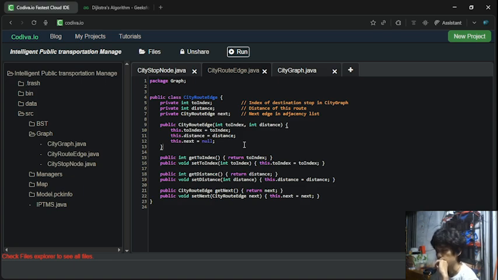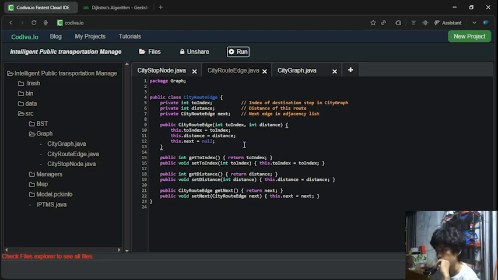The get next and the set next method. So these two are the getter and setter for next. The get next returns the city route edge in the adjacency list, supporting the linked list representation of multiple outgoing routes, while the set next updates the link in the linked list.